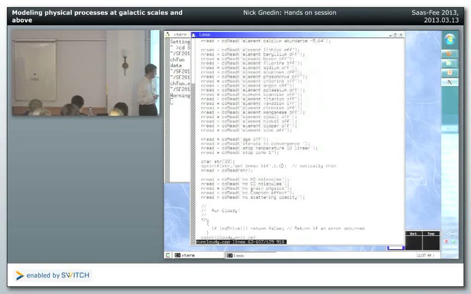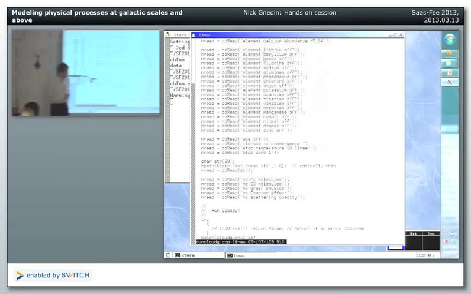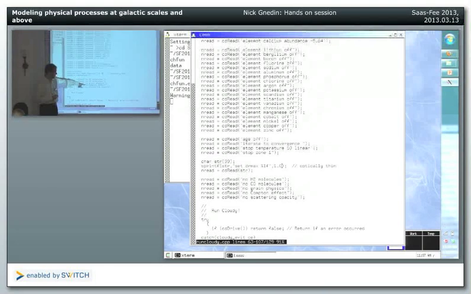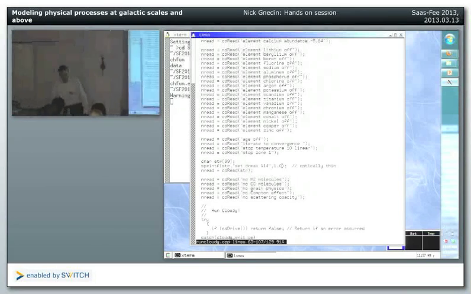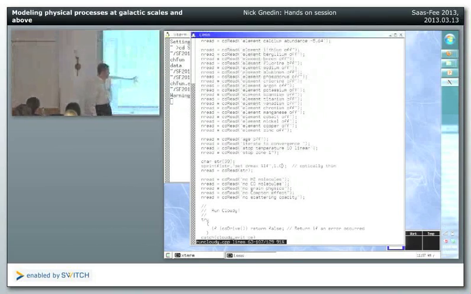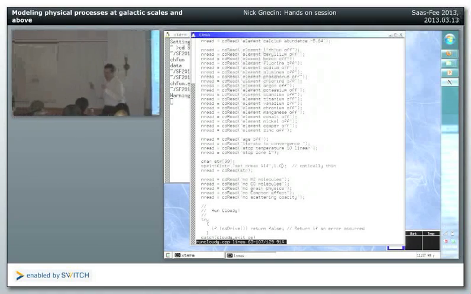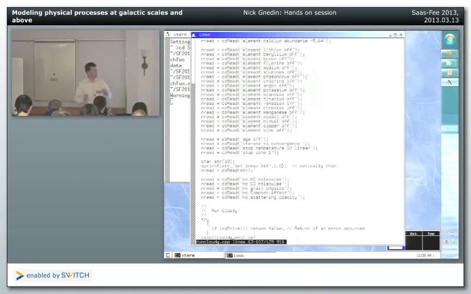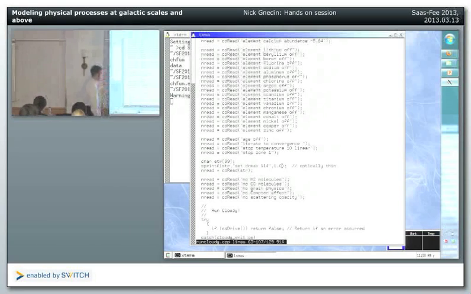So I have to switch off hydrogen molecules, CO, I switch off dust. There is no Compton effect here. There is, I forgot what scattering capacity is. That's because in order to do molecules, you really have to do radiative transfer. Molecules are completely useless without radiative transfer. So if you're not doing a full radiative transfer, you better not use them at all because you just get